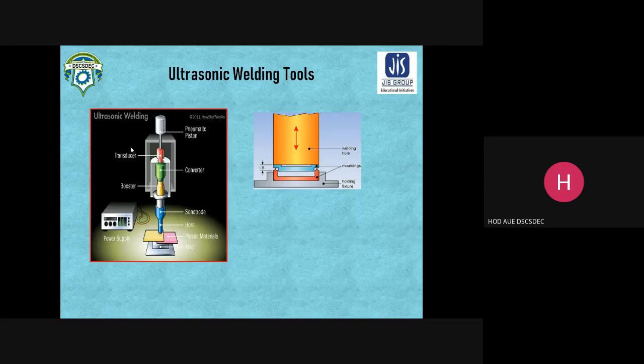Now we can see the pneumatic piston, which we call the machine press. This pneumatic piston helps to create the motion. This machine press has a pressure gauge and a regulator for the adjustment of the welding force, to maintain the pressure, because I have already told you pressure and ultrasonic vibrations